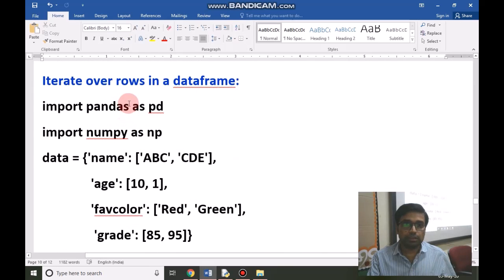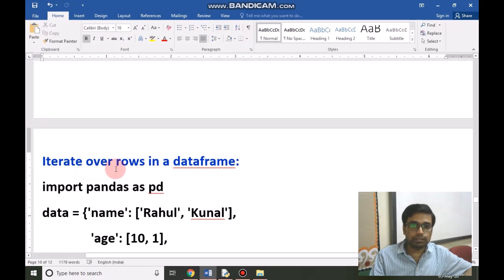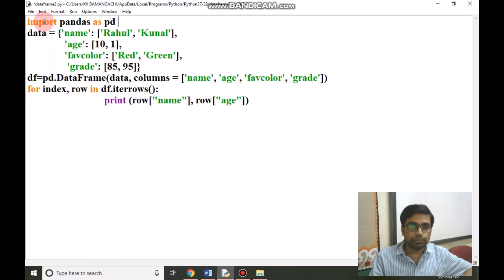Next topic is iterating over rows in a data frame. How to iterate over rows in a data frame. We have an example. Suppose we have data in a dictionary.